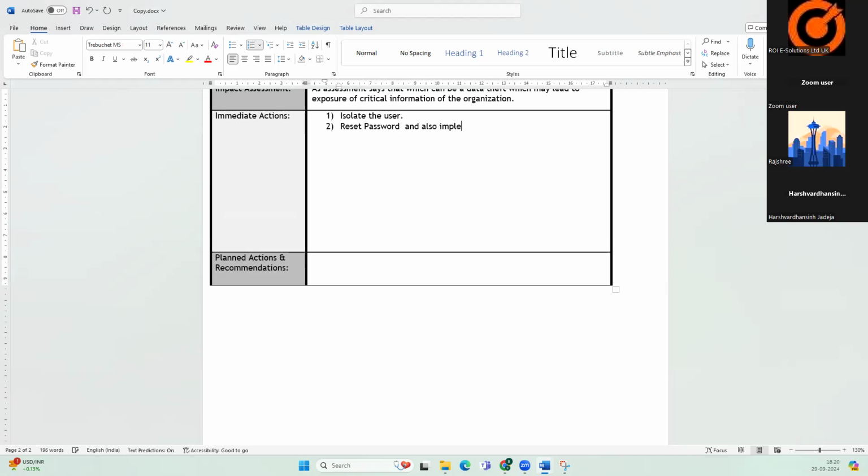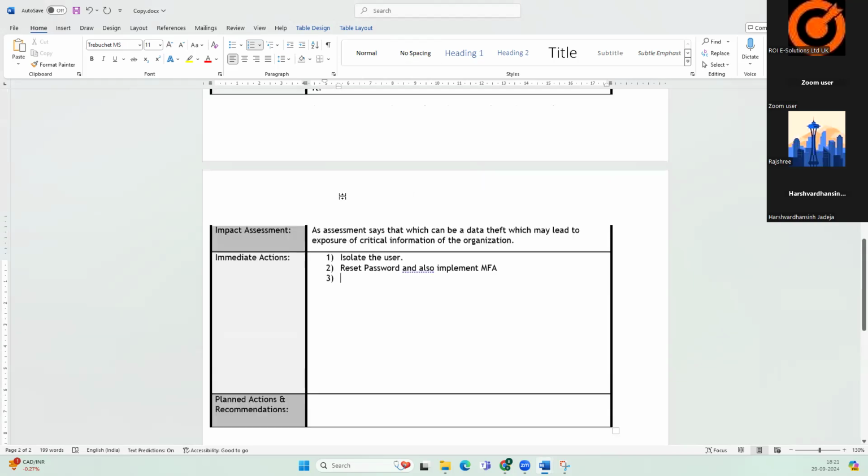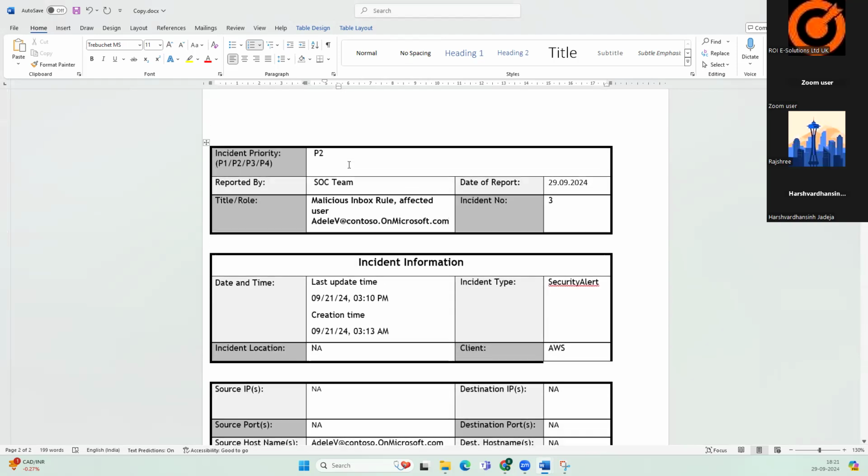Also implement MFA, right? Next thing, Bharat, can we install antivirus or scan? Anti-scan, but it only helps for the minor ones, I guess. It doesn't help here, if the incident is related to malicious